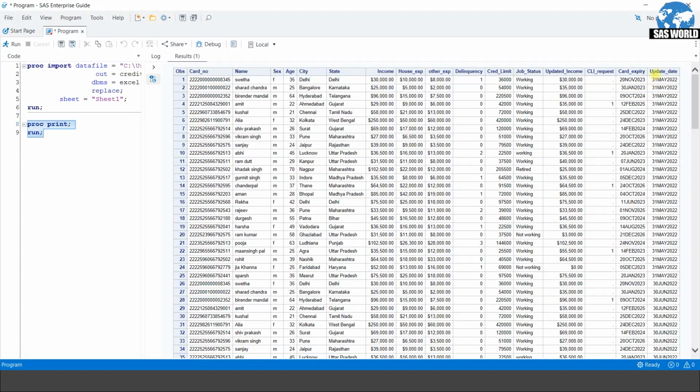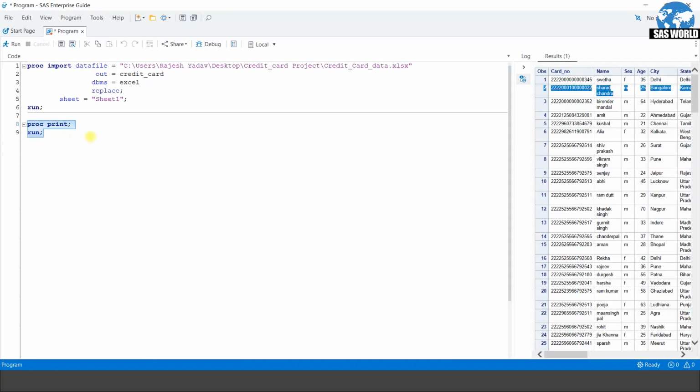See, an updated date. This is the variable we need to find the last 6 months delinquent customers. Let's do the rest of the programming. So the first section was